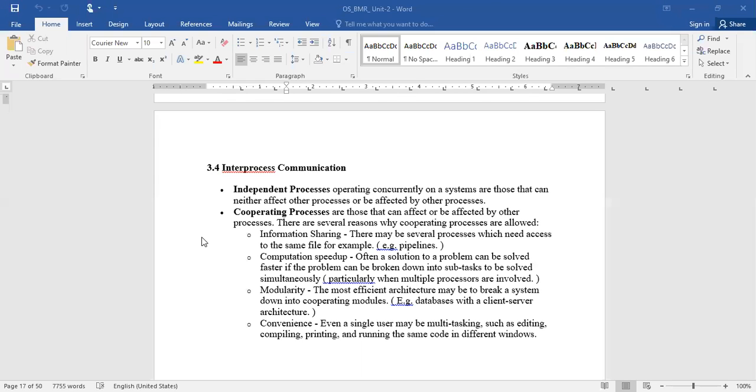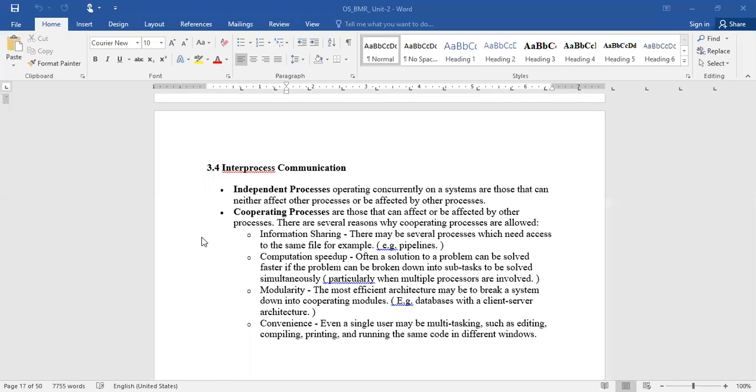The second is computation speedup. As we have discussed, when the CPU is switched from one process to another, how effectively it is shifted determines how we can improve throughput. The third is modularity, an efficient architecture where we break the system into different cooperating modules.